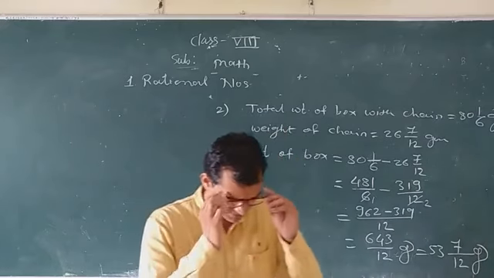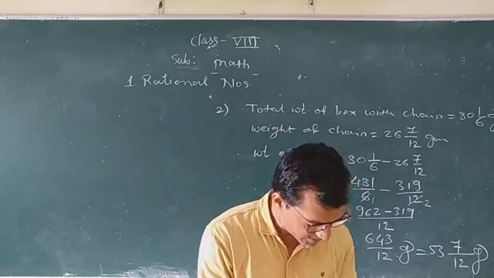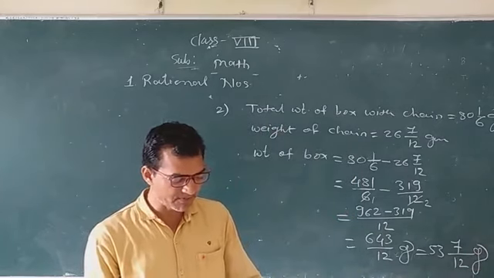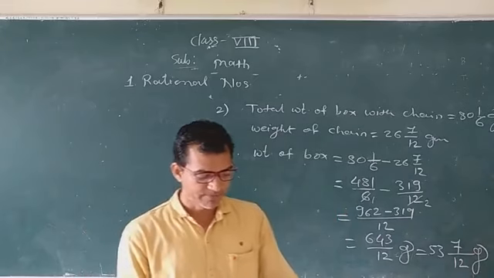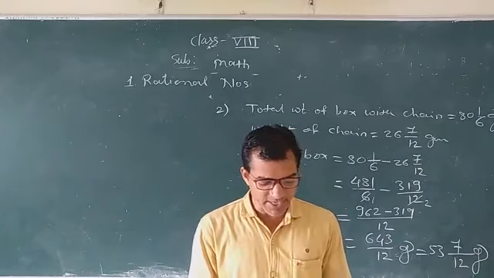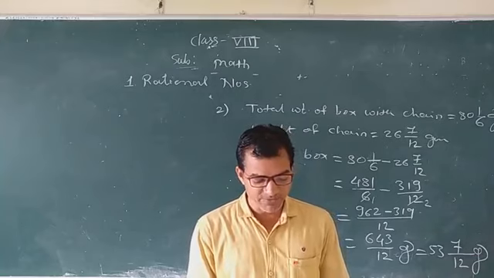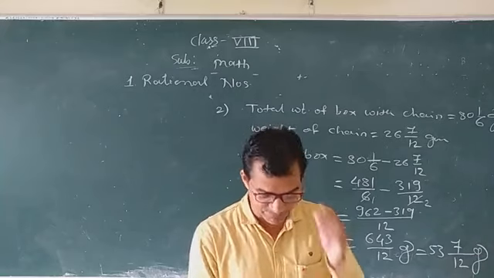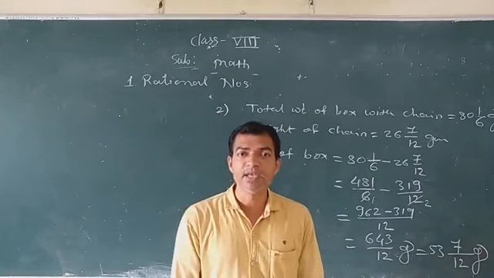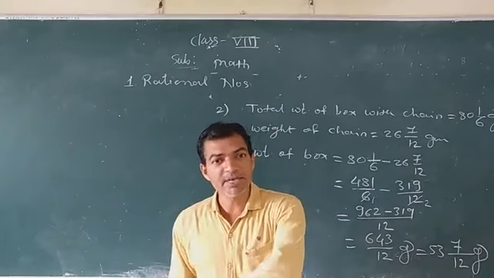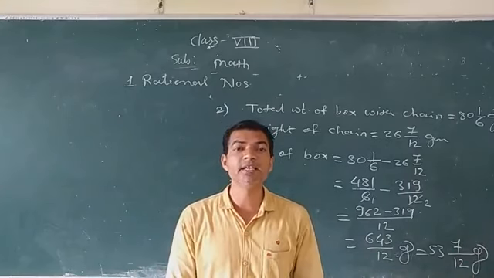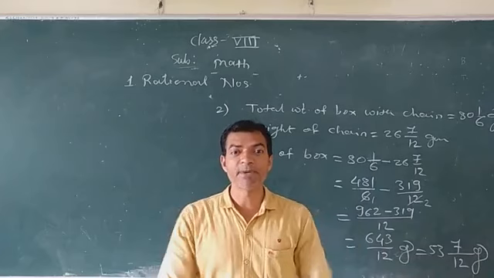See here what is given. A corridor is 66 by 7 meter long and 56 by 55 meter broad. Means length and breadth is given. If this corridor has to be carpeted fully, what is the area of the carpet required? The corridor is given, having length and breadth. If you want to carpet it fully in the corridor, okay, so what is the area of carpet?